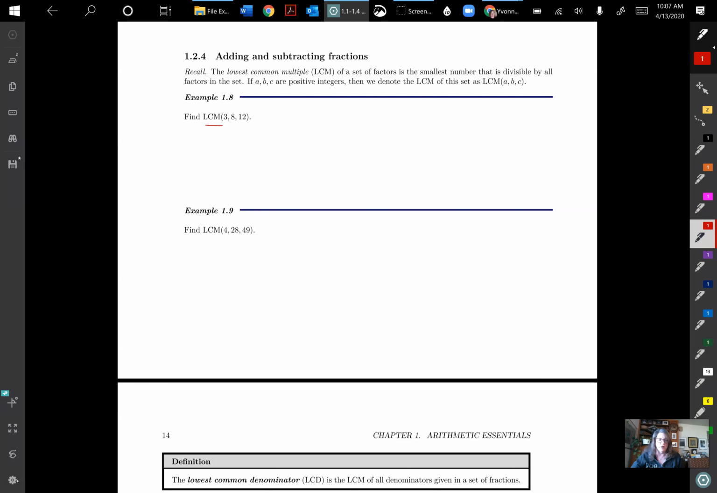Now, if it's smaller numbers, it's pretty simple to find, and we can just kind of use our intuition. Larger numbers, it's a little trickier, so I'll do one like that using prime factorization and break it down for you. Okay, so for this first one, we know 3, 8, and 12 will all divide into, I'm going to write these out as primes just to show you,